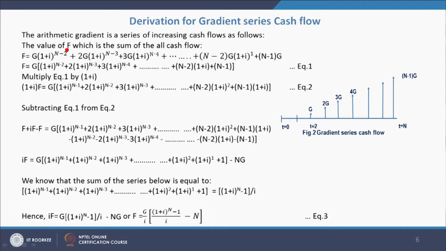The value of F, which is the sum of all the cash flows, is equal to G(1 plus i) to the power n minus 2. Now, if I am finding the final value, at t equal to n, and I find the value of G at this point, then it will be G into (1 plus i) to the power n minus 2. The second, at t equal to 3, is 2G into (1 plus i) to the power n minus 3,